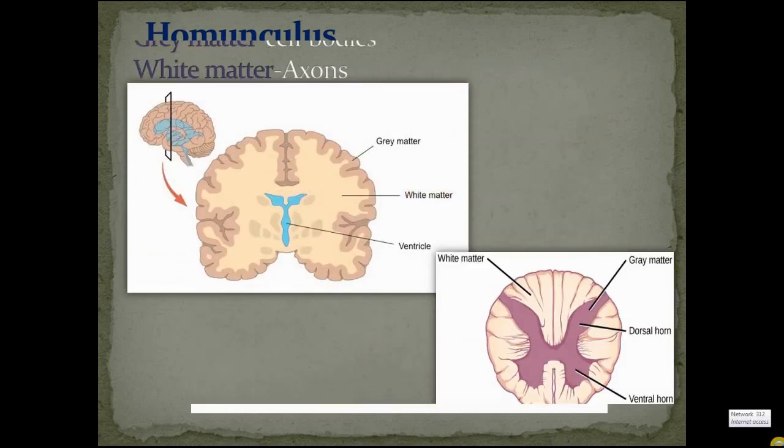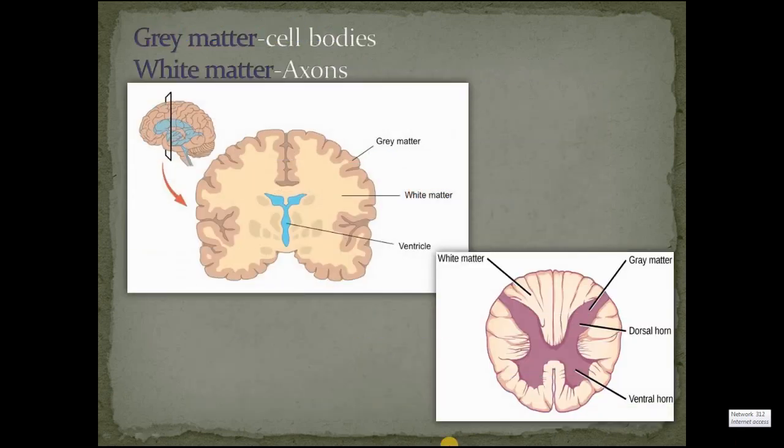Now let's talk about grey matter and white matter. We all know that grey matter and white matter are present in the brain and the spinal cord. So what actually is grey and what is white matter? We all know the neuron structure, which has an axon, dendrites and the soma, which is the cell body. The axon makes a synapse with the next dendrite or the cell body to transmit impulses. The grey matter is made up of these cell bodies, and the white matter is made up of the axons of the respective neurons.